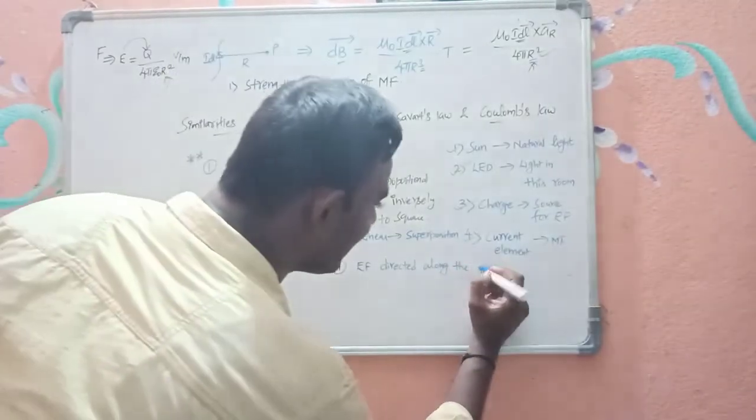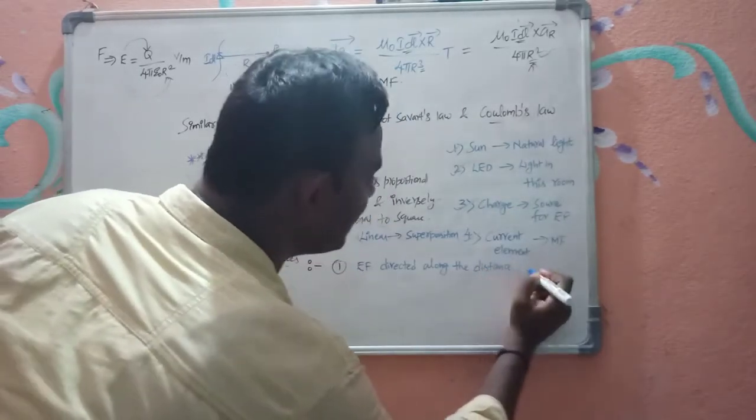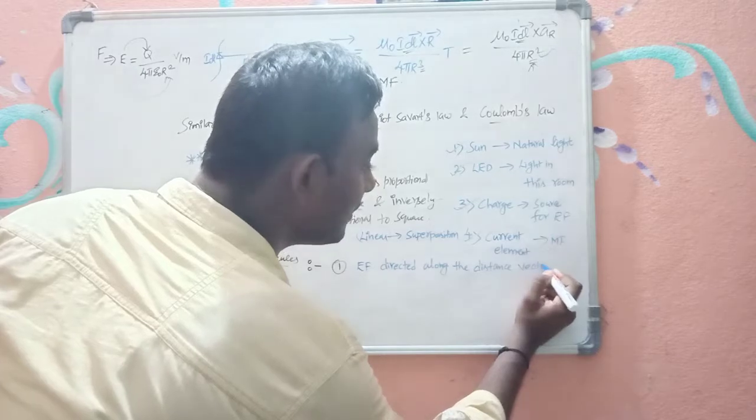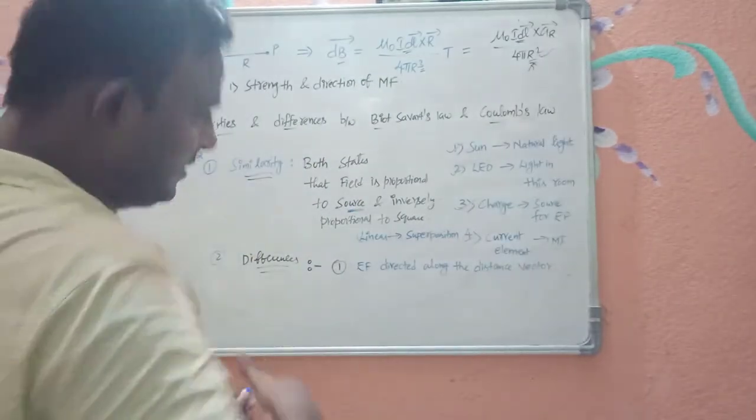What is meant by distance vector? The distance vector is a vector joining the source and the point of interest. The electric field is directed along the distance vector, whereas